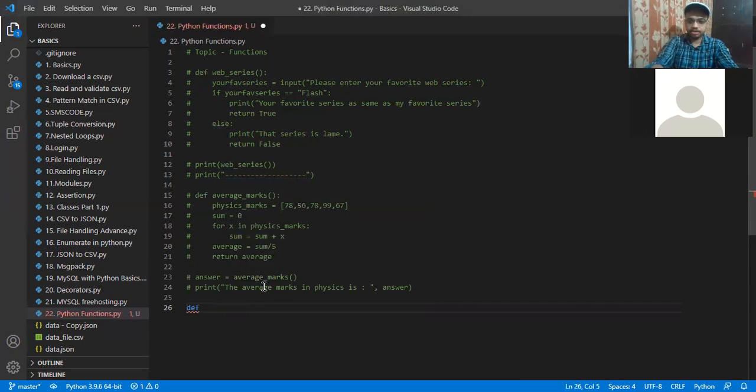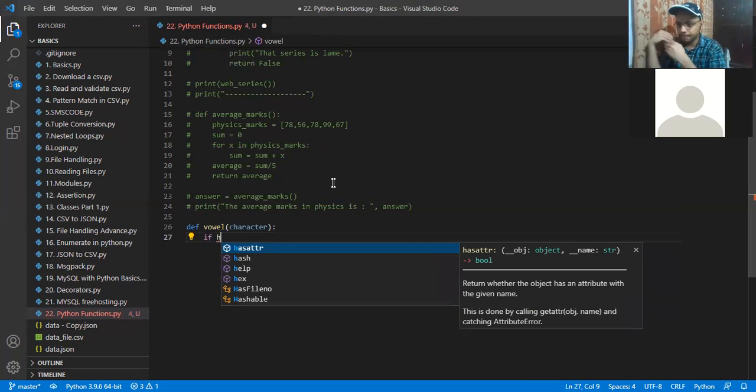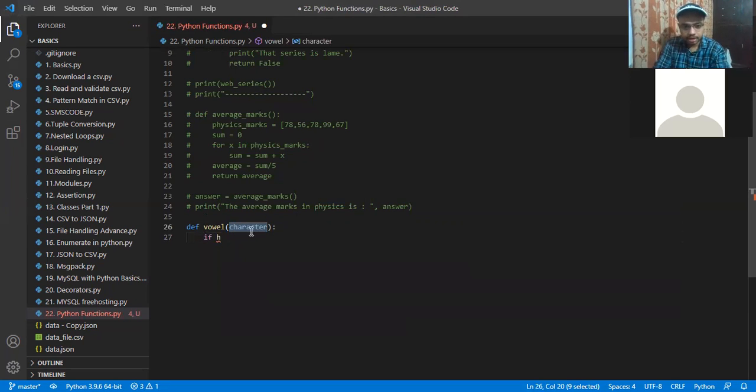So I'll create a function here, def, and I will name it, let's say, vowel. Inside this vowel function, I will pass a character. I have to check whether this character is a vowel or not. So I'll say if character. Whatever data I am passing inside the function, I've put it inside the round brackets. Can you see that? Yes, sir. So whichever value you want to access inside a function,